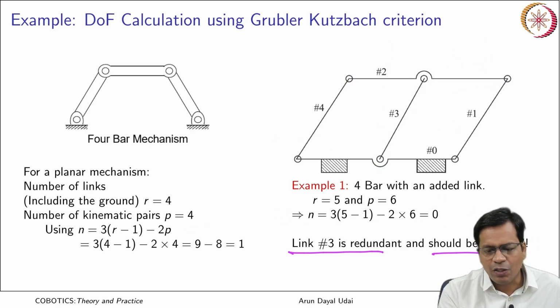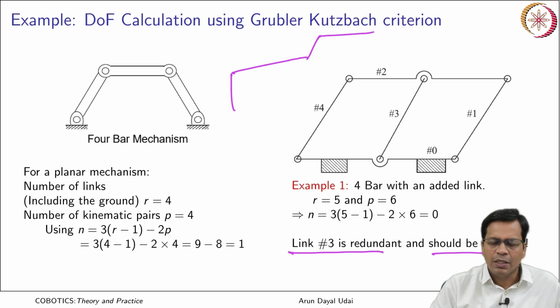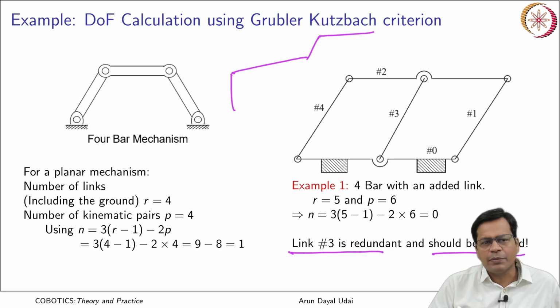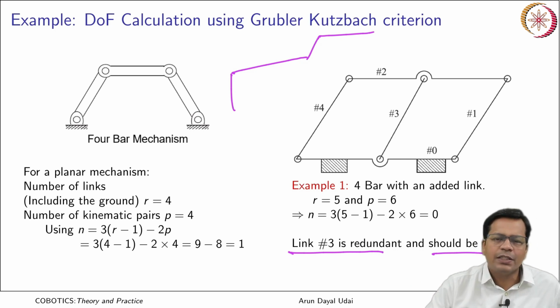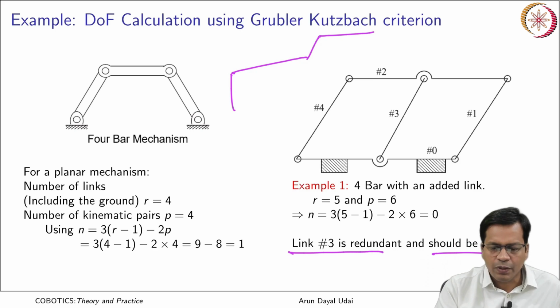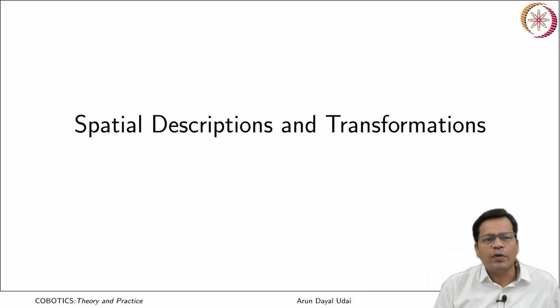In the case of a serial system, as in industrial robots, which are just like an arm, you will find it gives you a degree of freedom exactly equal to the number of joints. That is the case for any serial chain system like this, that is for any robot. So yes, let us move ahead with spatial description and transformation.